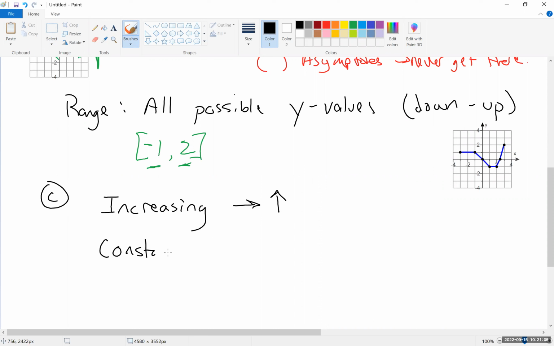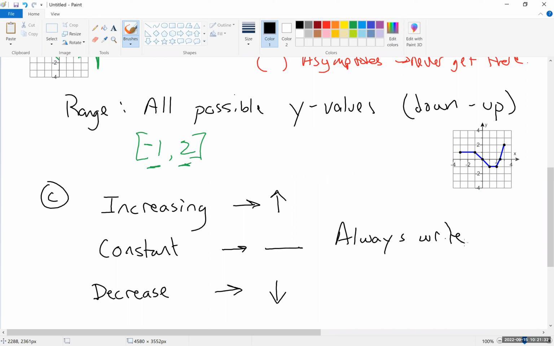Constant means as we go to the right, we don't go up or down. We just go to the right. And then decreasing, as we go to the right, we go down, okay? And the biggest thing about increasing, decreasing, and constant, the biggest thing, you have to always write